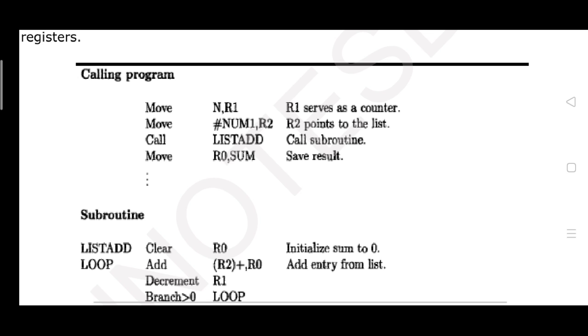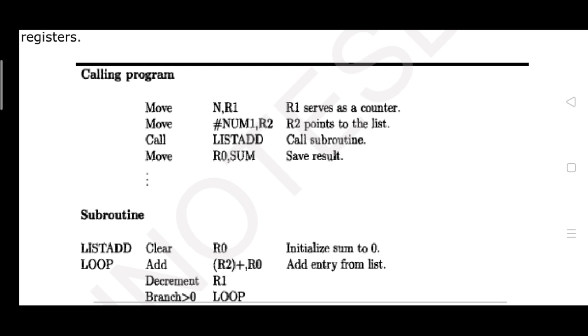Next, the address value of the label num1 should be copied onto the processor register, say R2. Then these are all the initialization. Then what is done? Next, immediately we are calling a subroutine. There is a call instruction. You can see call followed by list add, you are making a call for the subroutine list add. It's a user defined function. So control will change its path to the location list add, which is there below.